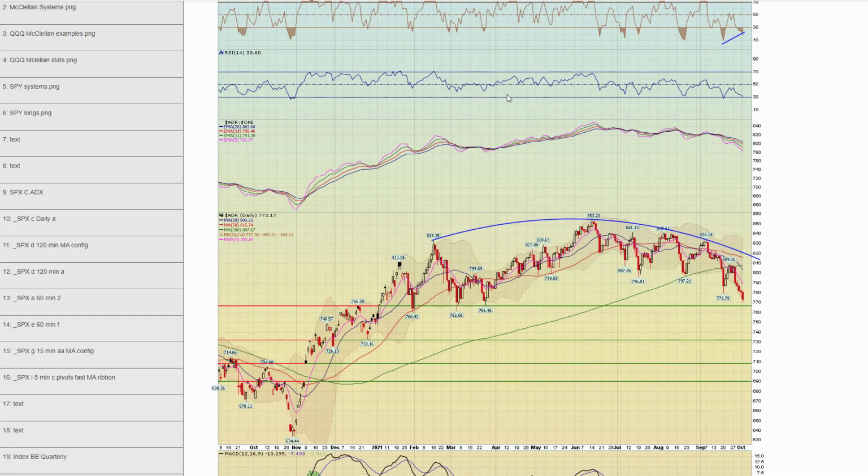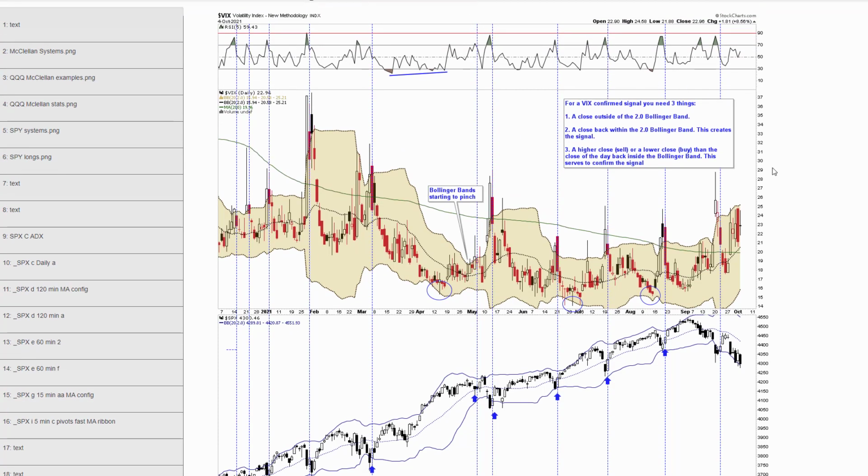Next, moving on, chart number 35, here's the VIX. So the VIX did not close outside its Bollinger Band today. In fact, the VIX was not up that much. Look how well that was off the high. So it's not easily going to spike out of those upper Bollinger Bands unless we just have a complete meltdown. Okay.